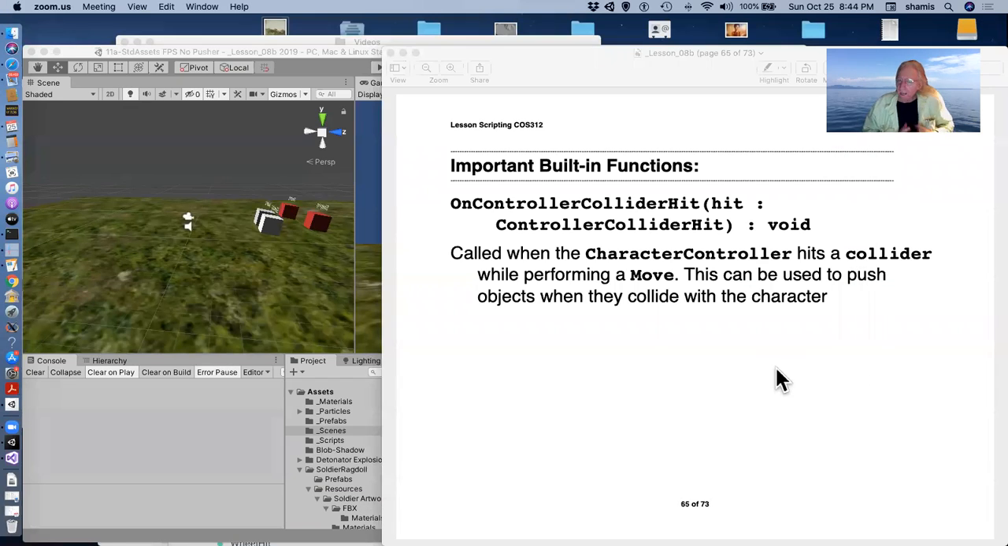So the last kind of collision function in the built-in functions is OnControllerColliderHit. This is called when a character controller hits a collider while performing a move. And I'm going to show you how we can use this to push objects around when they collide with a character. It's also something that you could use to keep track of bullets hitting your character or your character hitting